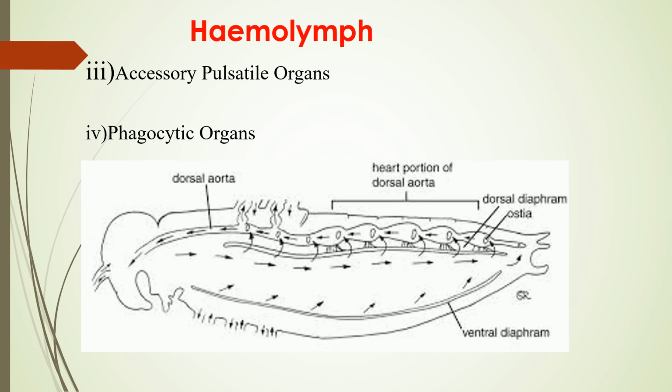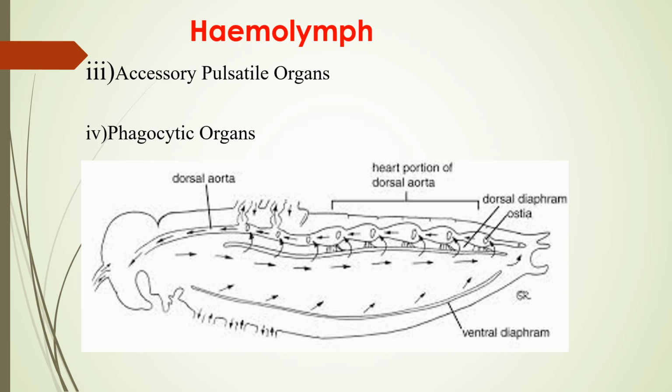Then, what are the accessory pulsatile organs? These are muscular membranous structures varying in shape and situated at the base of appendages such as antennae, legs and wings. The lateral vessels are also considered by some workers to be pulsatile organs. The pulsatile organs typically bear an ampulla at the base of the appendage and a distal tubule extending inside the body of the appendage. They can be classified as cephalic, thoracic and abdominal pulsatile organs according to their position.